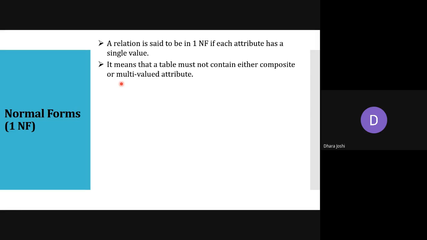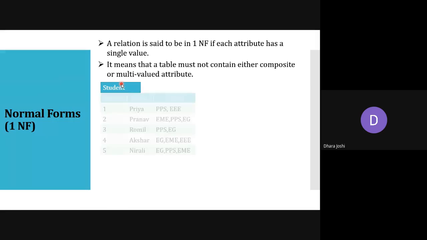After that, if mobile number and alternate mobile number are asked, that means in one cell, you are not supposed to give all 2 or 3 mobile numbers. You are just writing one mobile number in one cell, and in alternate mobile number, if you have one more mobile number, you can add it there. So multi-valued is not allowed in a single cell.